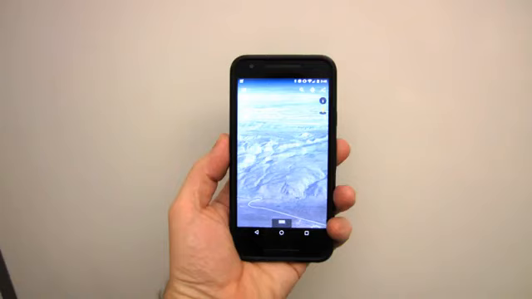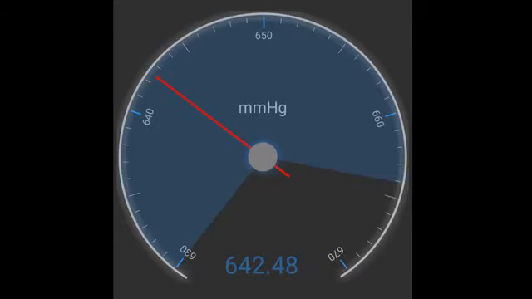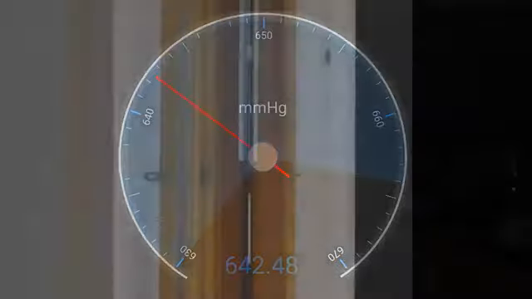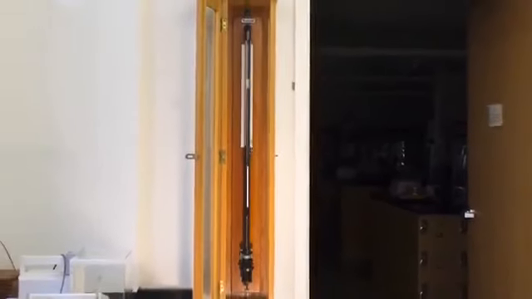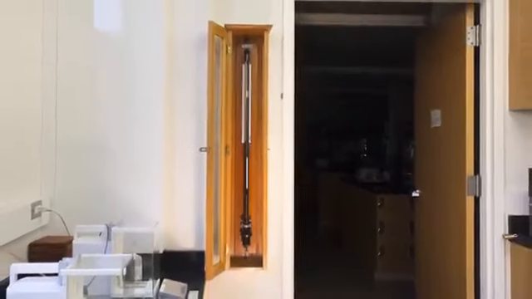At the time the barometer readings were taken for this video, my phone had a pressure reading of 642.5 torr. That's within 0.03% of the corrected barometer reading. Not too bad for such a small device, and my phone doesn't even have to have a tube of mercury.